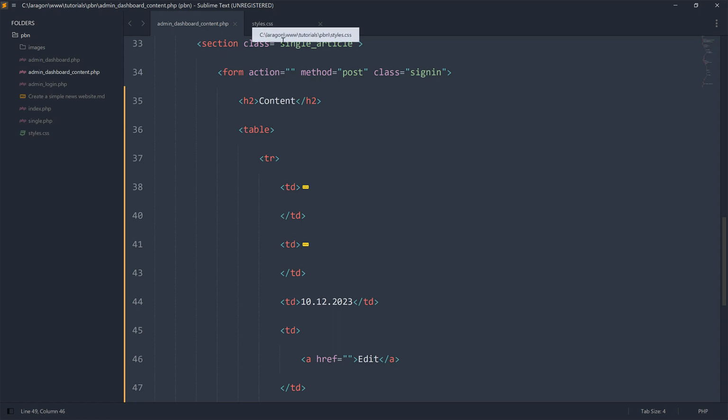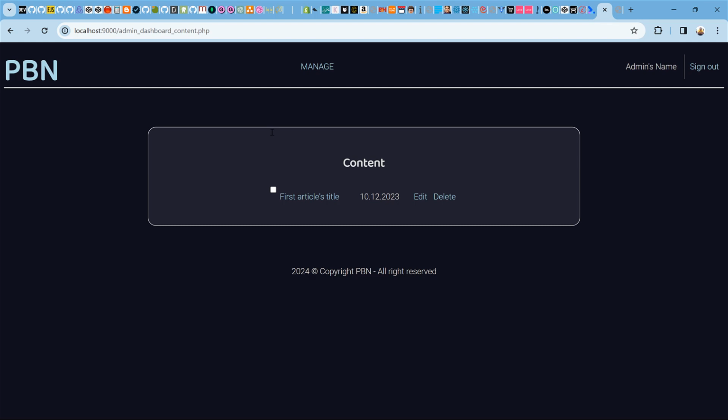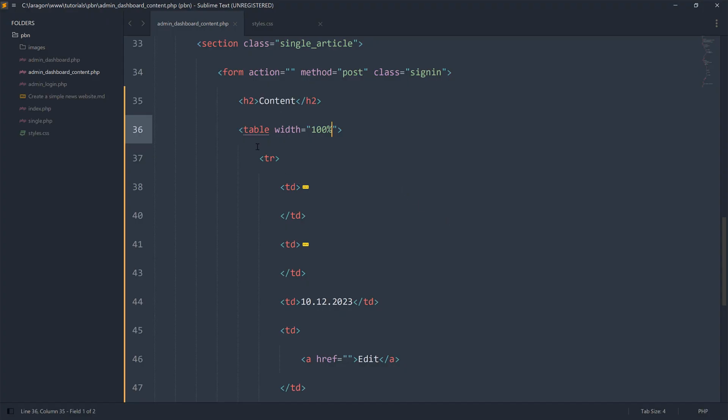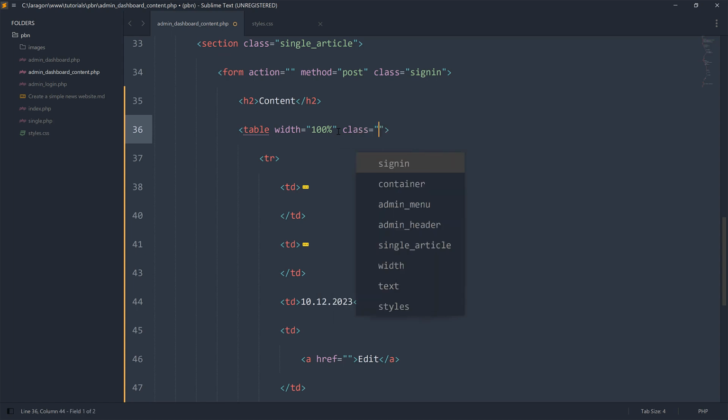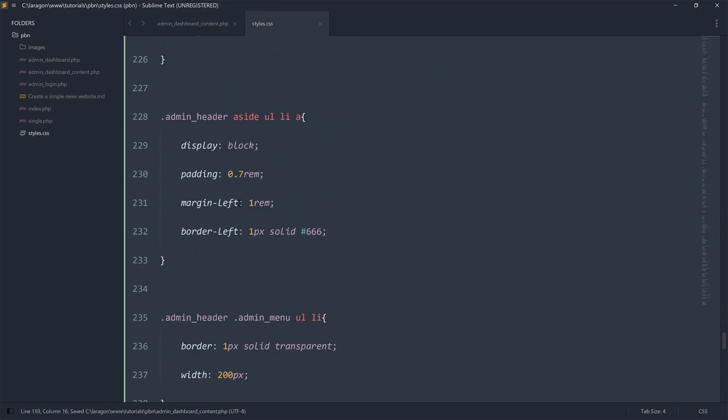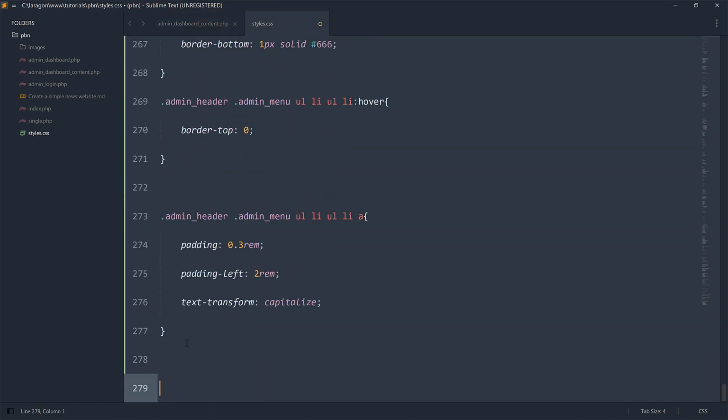So first thing I will do is I would like the table to occupy the 100% width of its container, like this. So this expands it a little bit, and then the next thing would be to just style it. So let me give it a class, and I'll call it admin content, so something like that. So we can go back in our styles, right down here, create a section, admin content page,